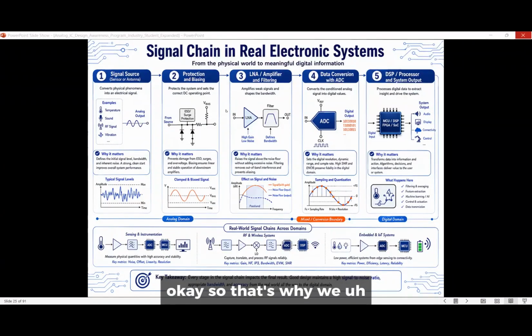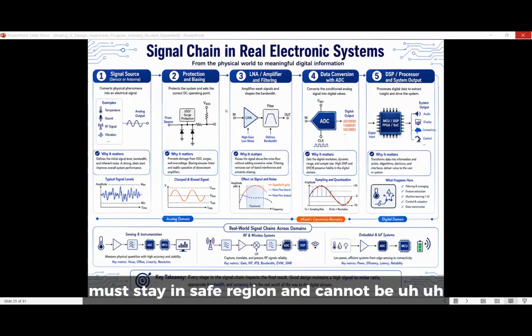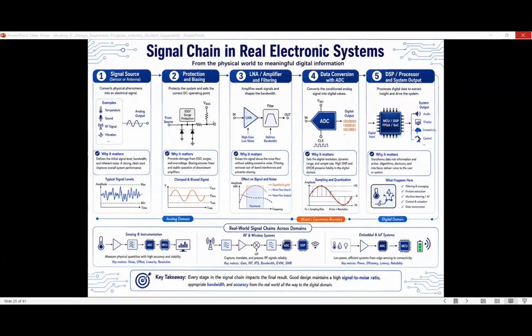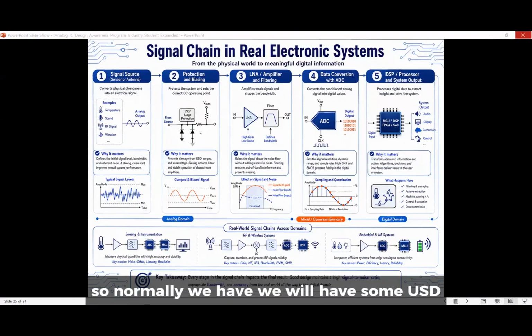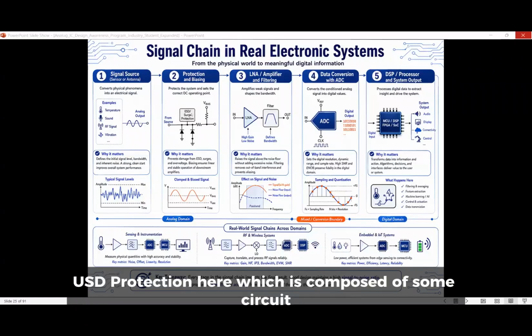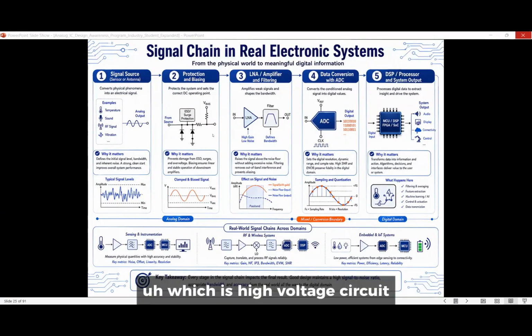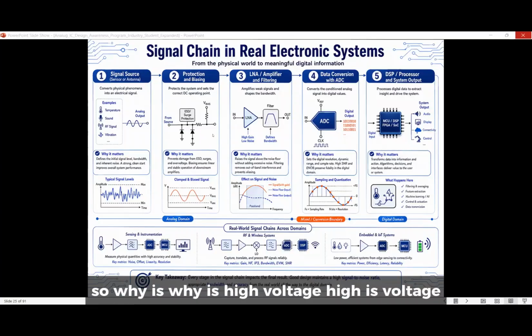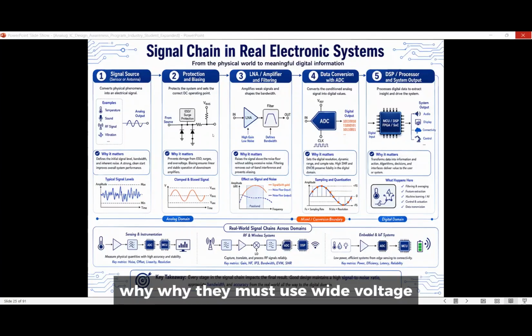Okay, so that's why we need protection and biasing, to make sure all the transistors connecting to the outer world stay in the safe region and cannot be damaged in any case. So normally we will have some ESD protection here, which is composed of some high voltage circuit and high voltage diodes. So why must they use high voltage here? It is because of the